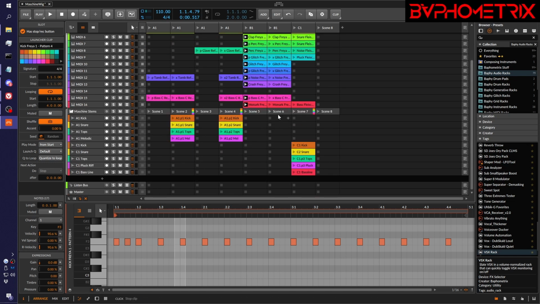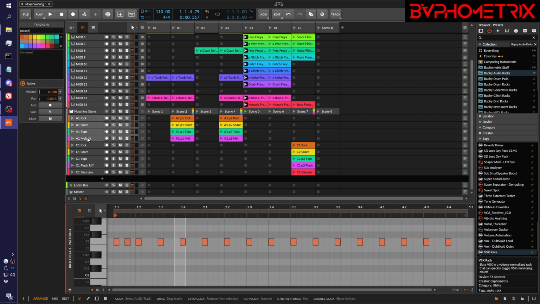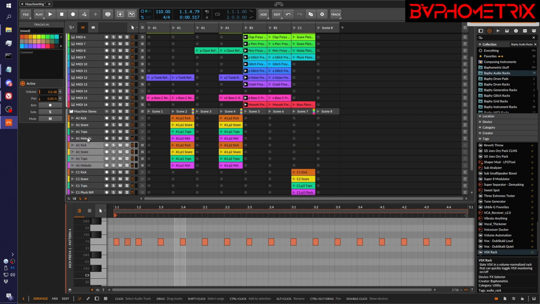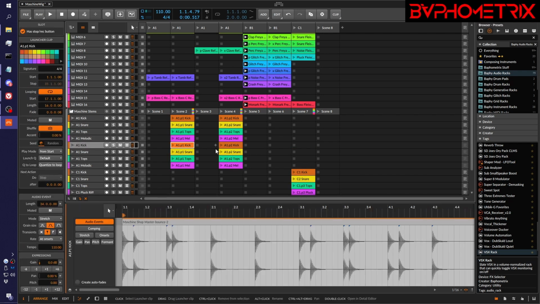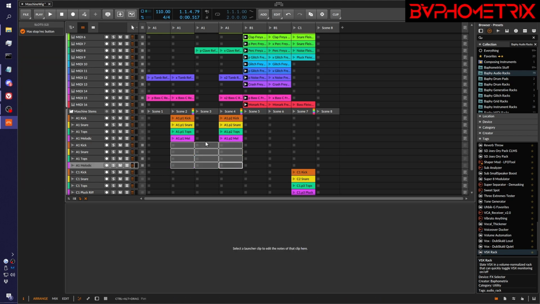What we're going to do is create a set of rows for this B1 pattern now. See, I've got some A1 rows and some C1 rows. I'll do this the easy way. I'll grab these 4 rows and just duplicate them. And then I'm going to get rid of the clips that are on these 4 duplicated rows. And I'm going to name these